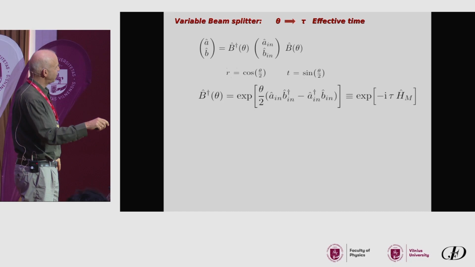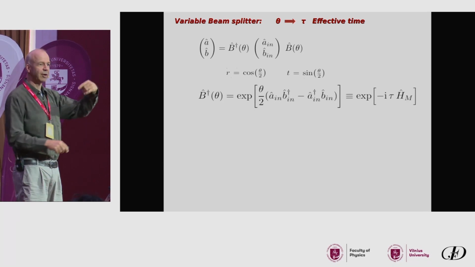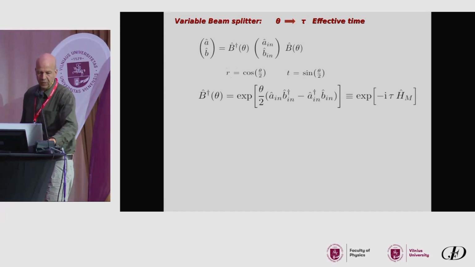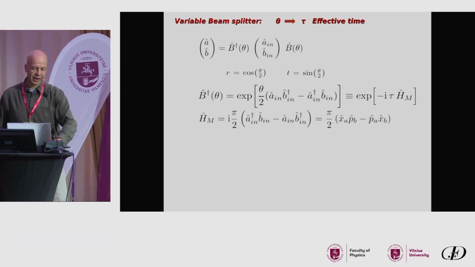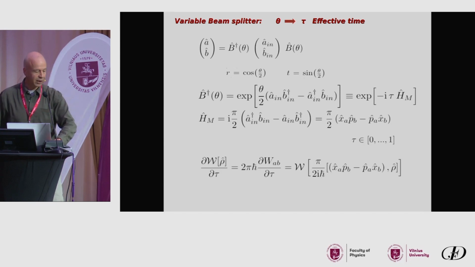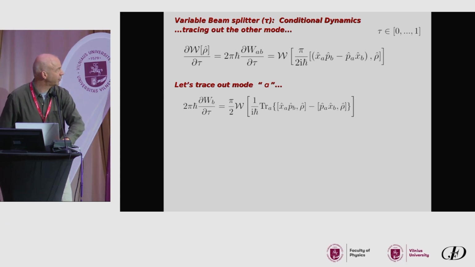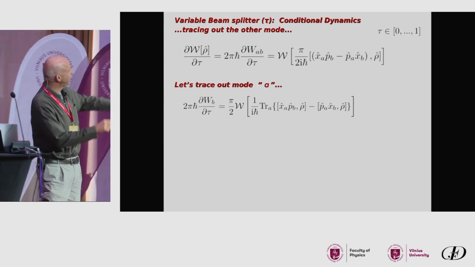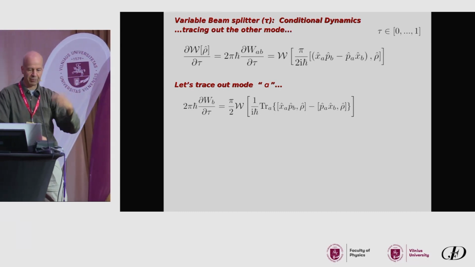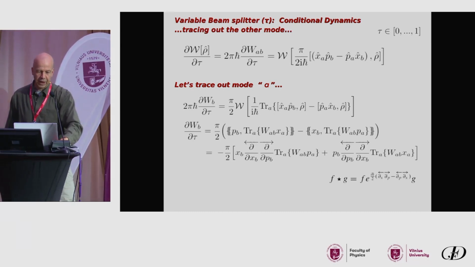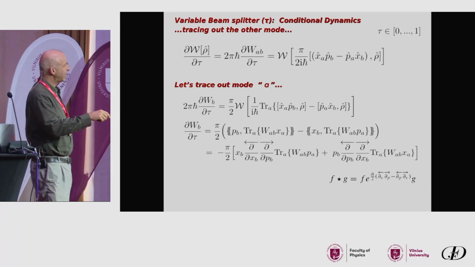And so then I can map the change in reflectivity to a fictitious time. With that approach, I can now unfold the Wigner machinery and create the time evolution for this case. Then I have to trace out the other mode, because here I'm implicitly talking about a two-mode system. I come back to transparency number 2, and then you end up with some kind of effective